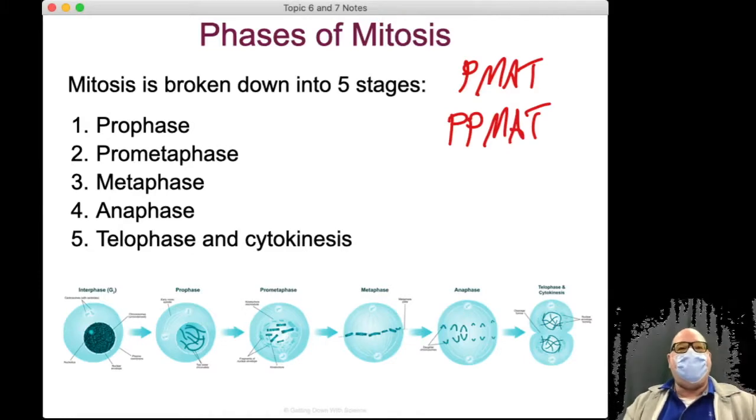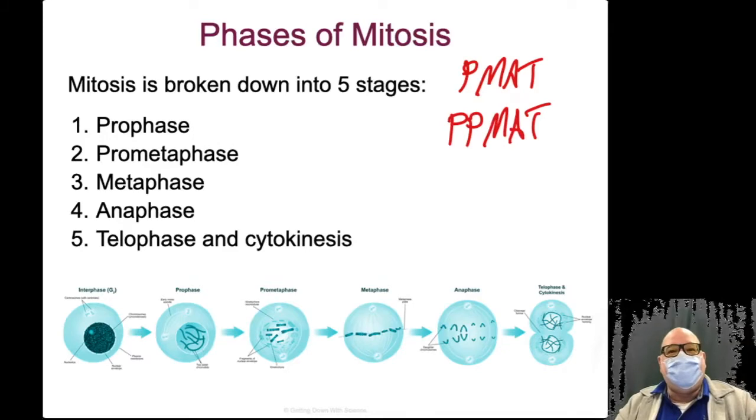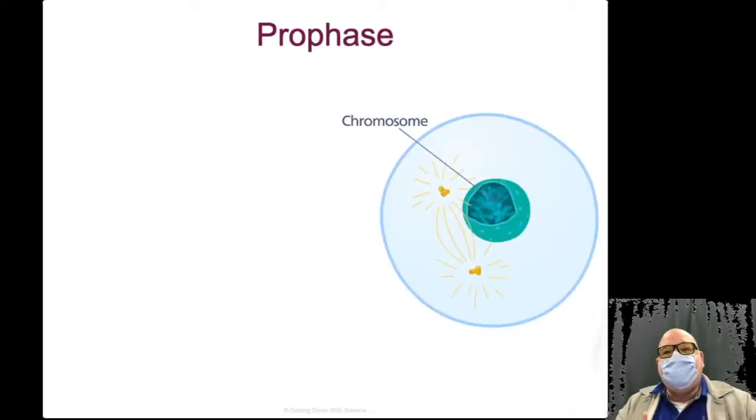So here they are. You have prophase, pro-metaphase, which is kind of like getting ready for metaphase. Then you've got anaphase, telophase or telophase, I've heard it pronounced both ways. And then cytokinesis kind of happens simultaneously. So let's go through each one of these individually. I'm going to try to get through this today. I don't want to push every day like this, but I'm going to go a little bit hard today.